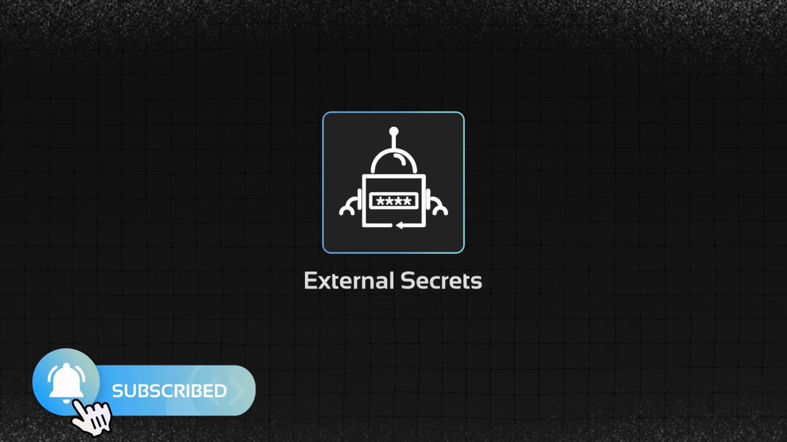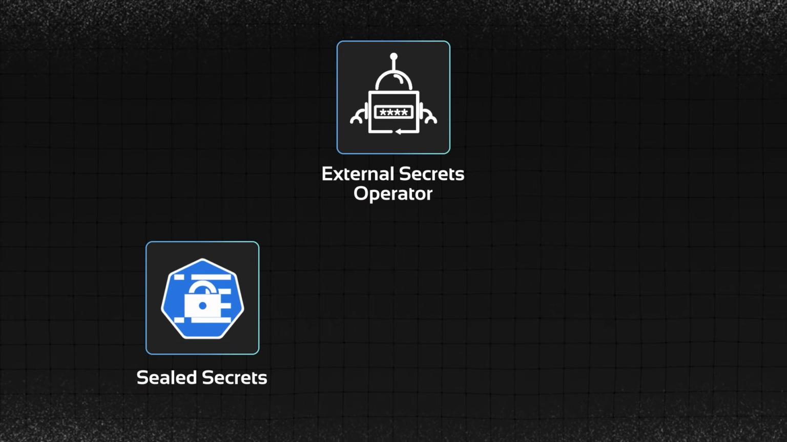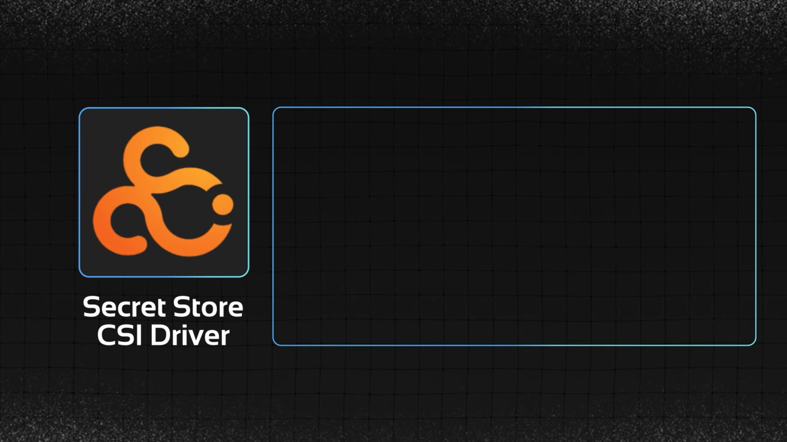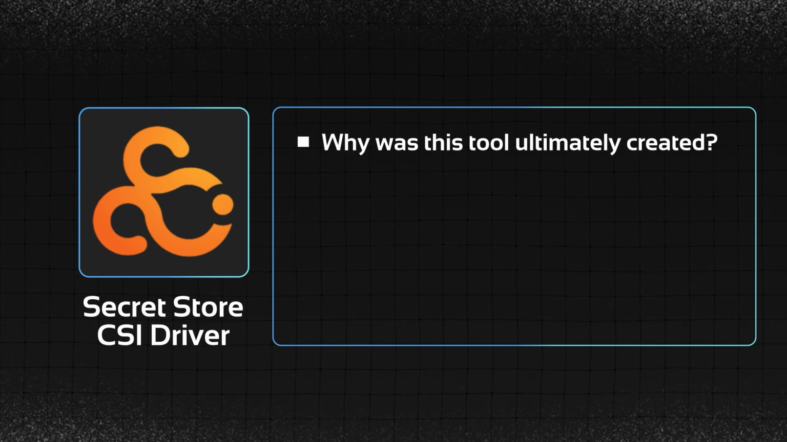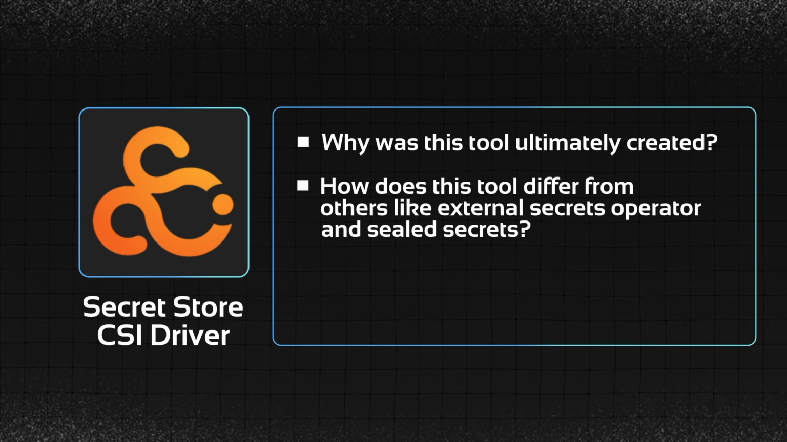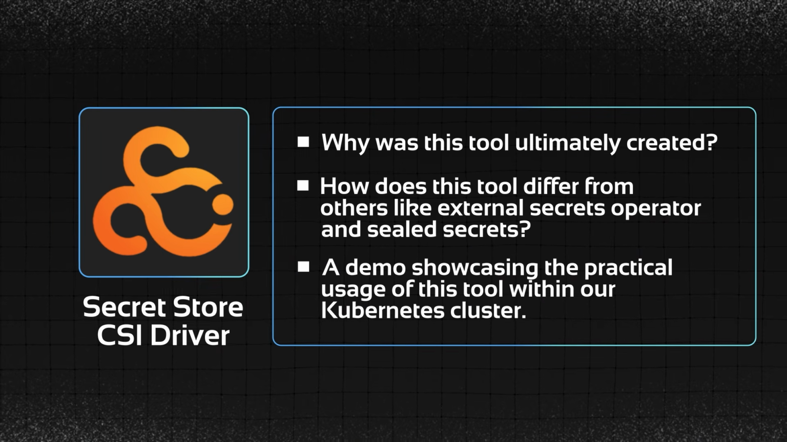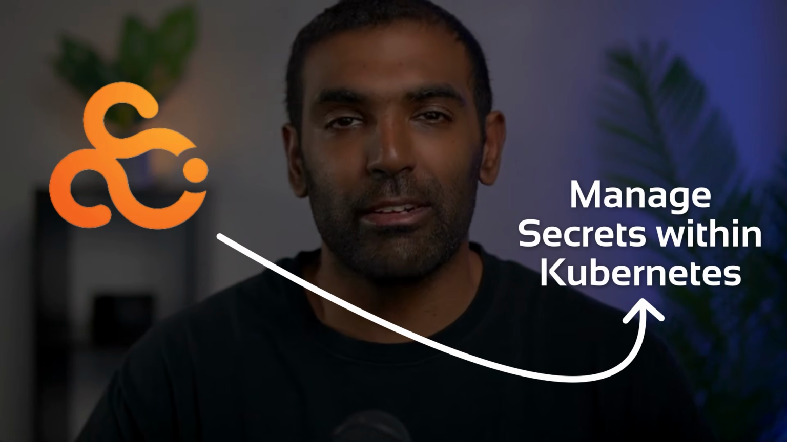There's tools like External Secrets Operator, Sealed Secrets, and today we're going to take a look at a tool called Secret Store CSI Driver. And so what we're going to do is go over why this tool was ultimately created. We're going to go over how this tool differentiates itself from some of the other tools like External Secrets Operator and Sealed Secrets. And then we're going to do a demo going over how to actually use this within our Kubernetes cluster. And you're going to see that this is a fantastic tool that we can utilize to manage secrets within Kubernetes. So let's go ahead and dive right in and take a look at how to work with the Secret Store